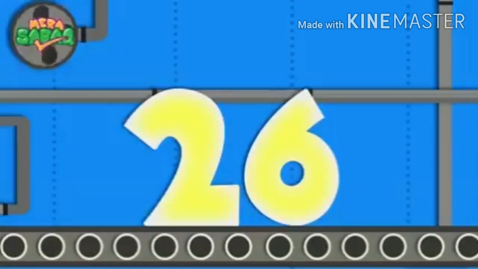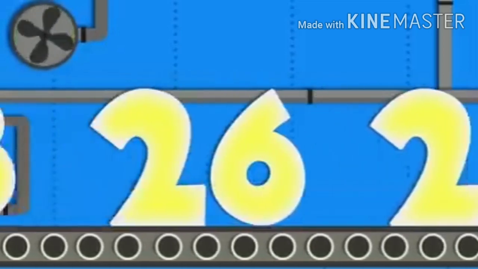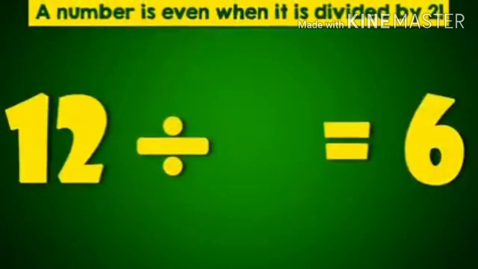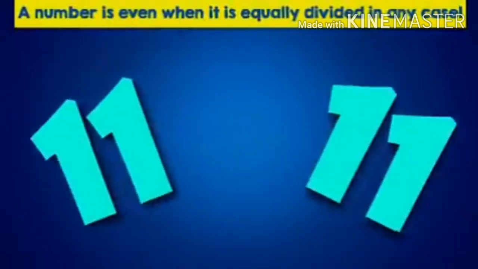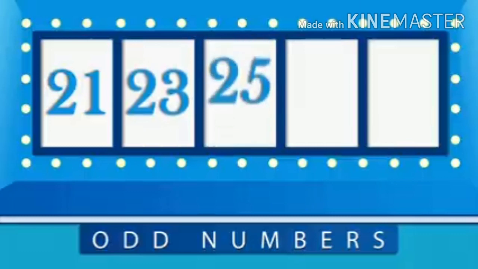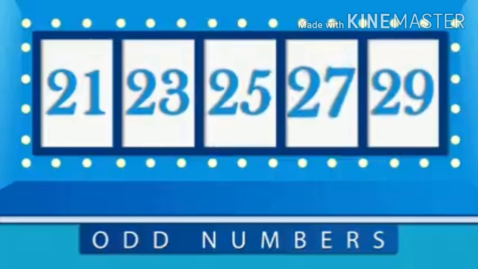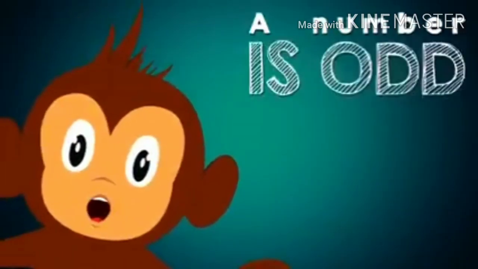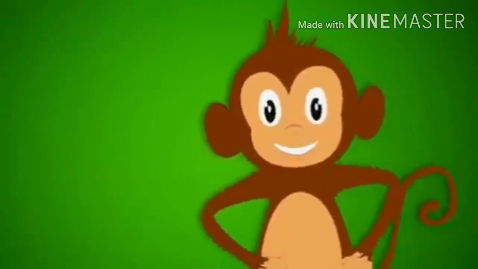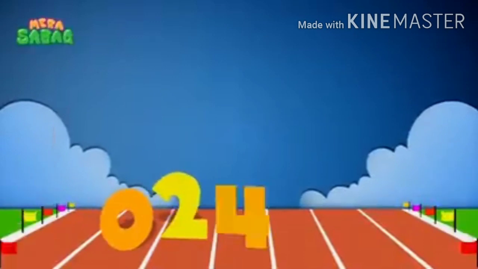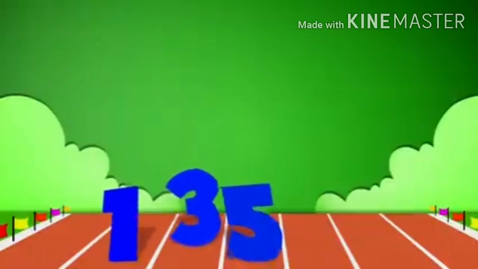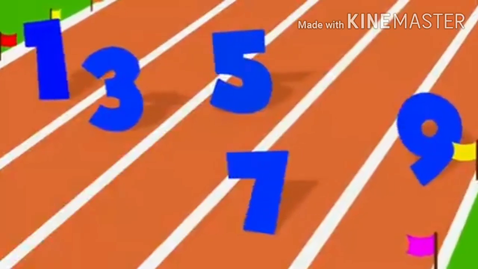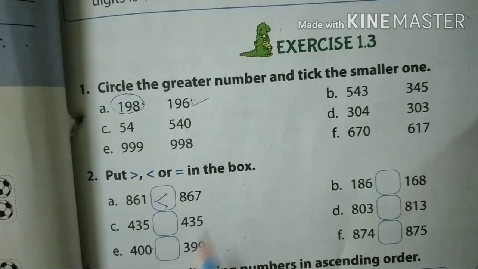22 24 26 और 28 ये भी हैं part of even numbers race क्योंकि a number is even when it is divided by 2 ला ला ला ला ला ला ला ला ला ला ला 0 2 4 6 8 even numbers की है ये रेस और ये होते हैं equally divided in any case 21 23 25 27 और 29 ये भी है odd numbers की ही लाइन क्योंकि a number is odd when it cannot be divided by 2 ला ला ला ला ला ला ला ला ला ला 0 2 4 6 8 even numbers की है ये रेस ला ला ला ला ला ला ला ला ला ला ला 1 3 5 7 9 ये है odd numbers की एक लाइन ला ला ला ला ला ला ला ला ला ला Page number 23 and exercise